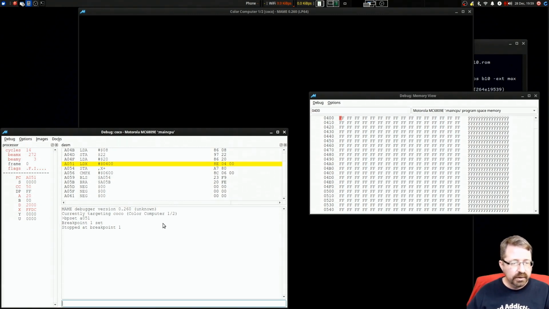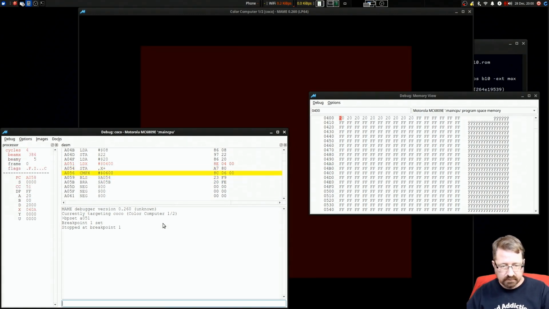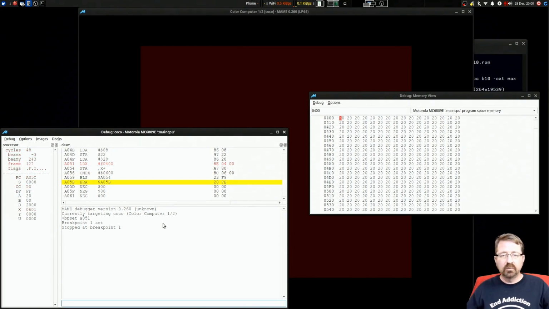Good. And we'll hit that. Yep. Okay. So let's F5 that. And there we go. An absolutely wonderfully, beautifully clear screen. So the next step is going to be